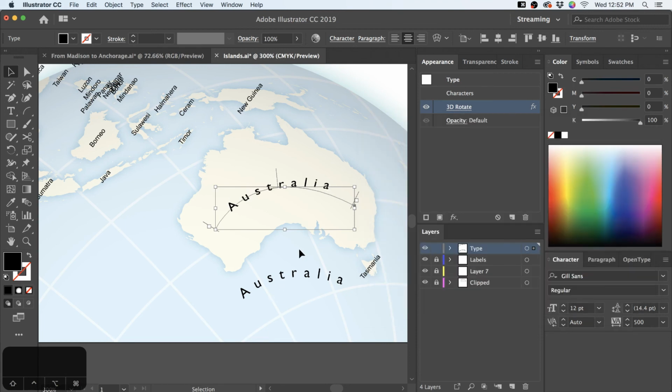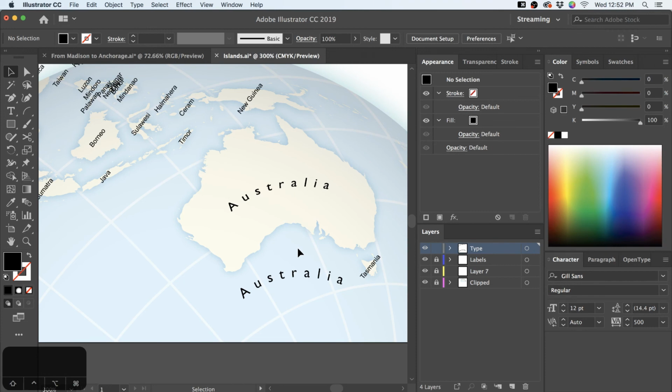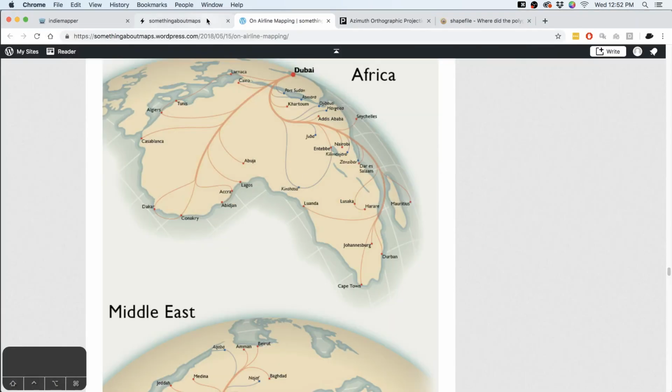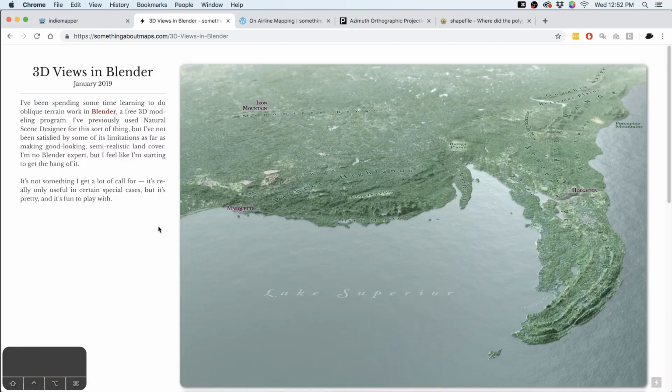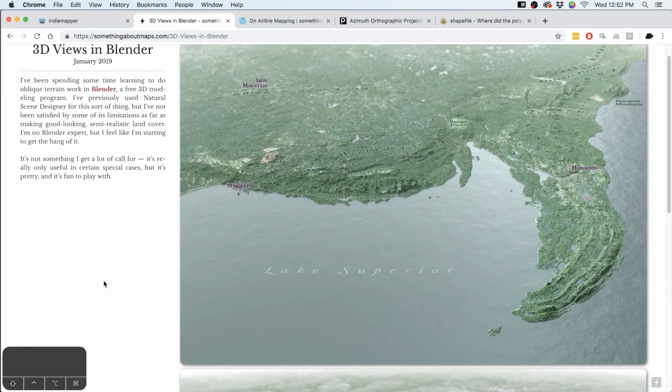Make it fit the fact that it's embedded on the globe itself and is curving away from you, and then the characters are slightly distorted. This is something I've done on a 3D map before, but the nice thing about that 3D map, I got it in my portfolio here, yeah, this thing, was that everything was at the same angle.